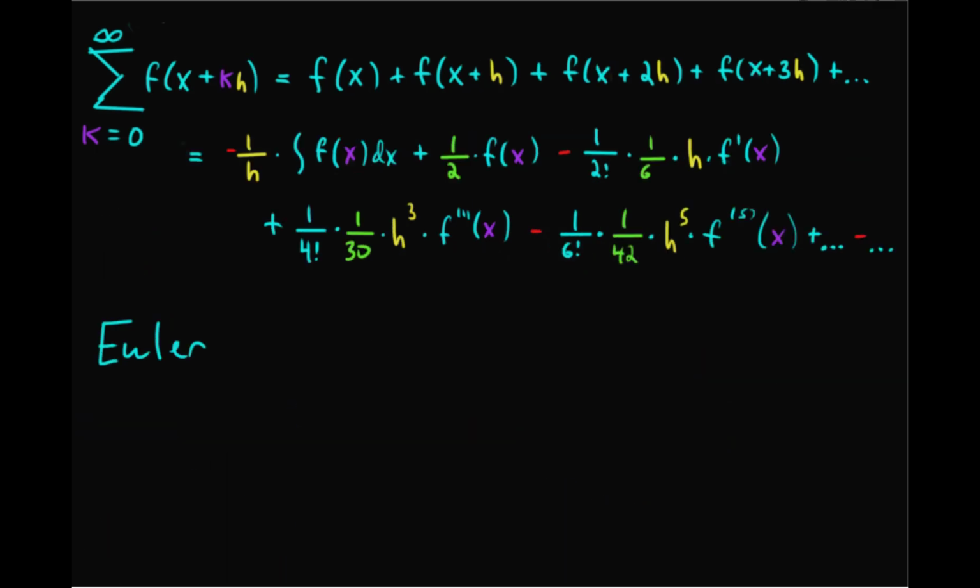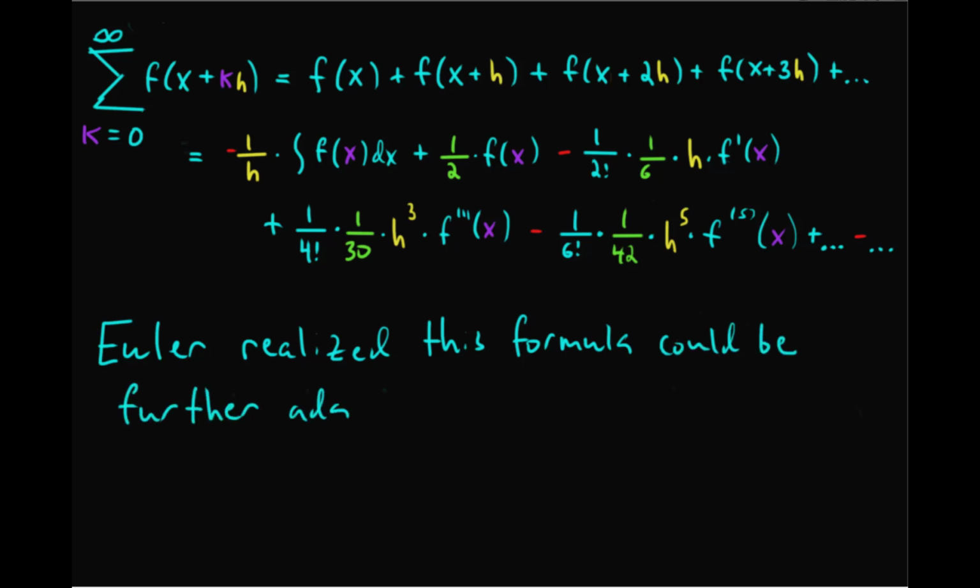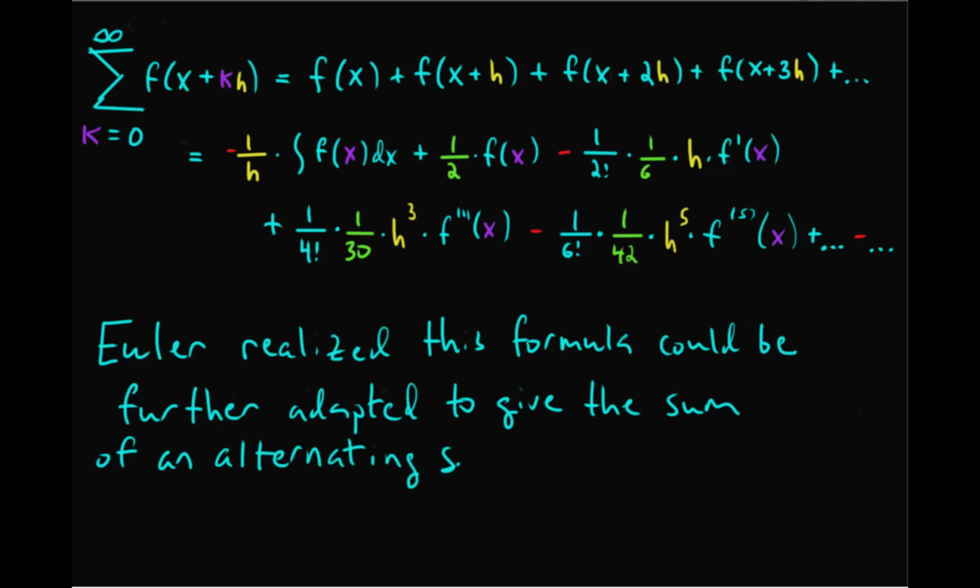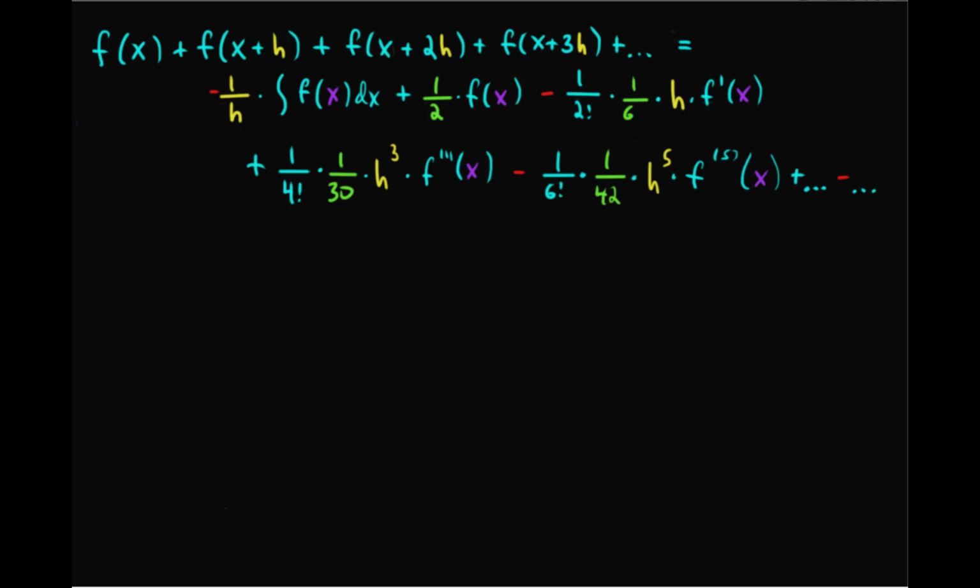So starting with this more general form of the Euler-Maclaurin summation formula, Euler realized that it could be adapted even further to give him the sum of an alternating series. And here's how he did that. If we take the EMSF that sums a function from some value x to infinity over some arbitrary interval h, first if we substitute 2h for h, in other words, if we double the length of the interval, we get